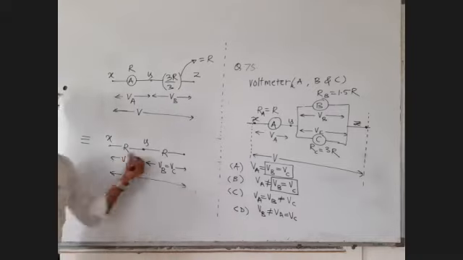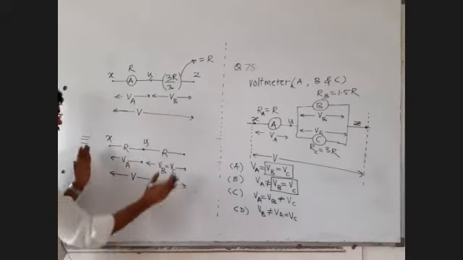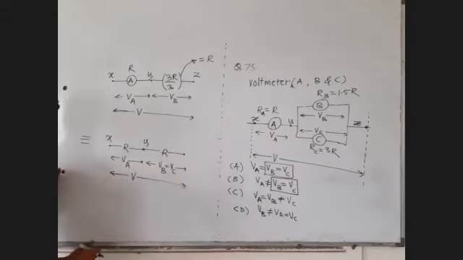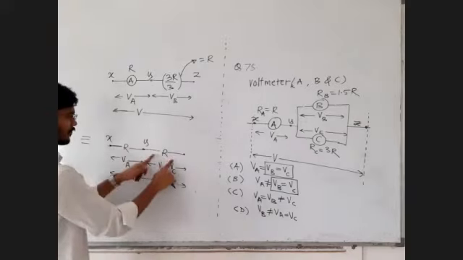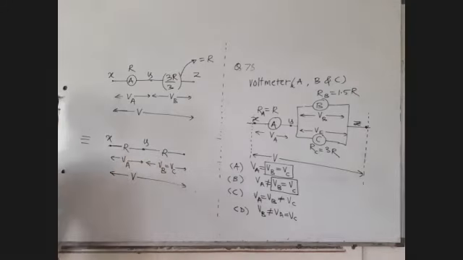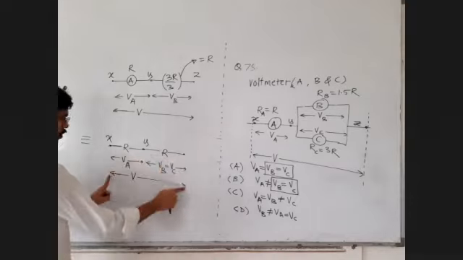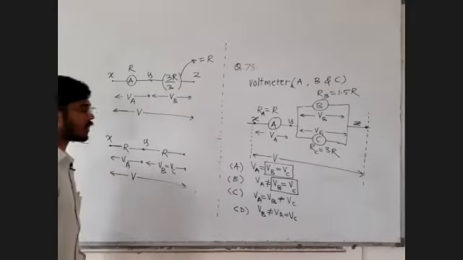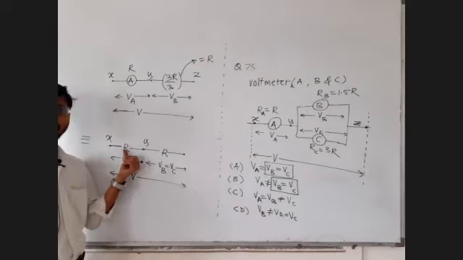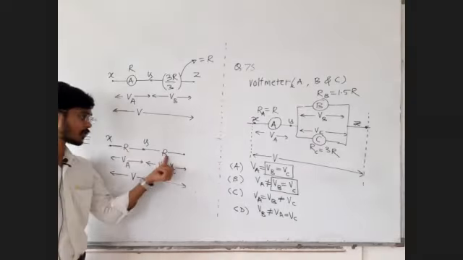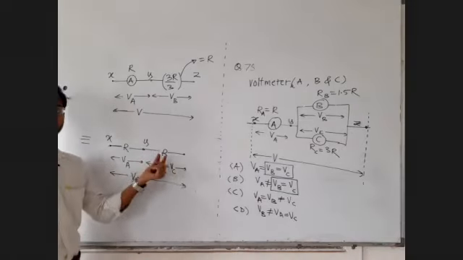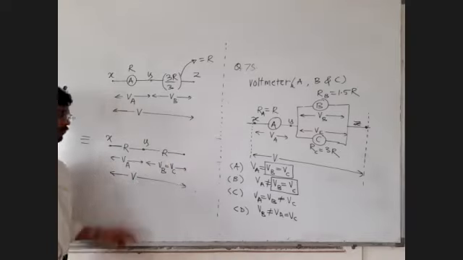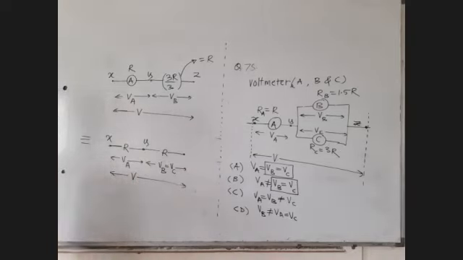Now, voltage division principle says that in series combination, voltage divides according to the logic of resistance fraction. Both the resistances are same, so voltage will divide equally. We have two equal resistances in series, so voltage will divide equally. Yes or no? Reply me in the chat box. Resistance fraction of this will be what? R upon R plus R. And resistance fraction of this will be R upon R plus R. R1 upon R1 plus R2, R2 upon R1 plus R2. R1, R2 both are same. Both the resistance fractions will be equal.